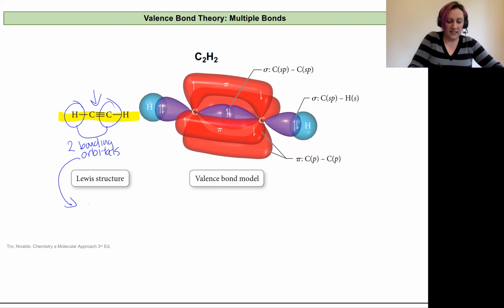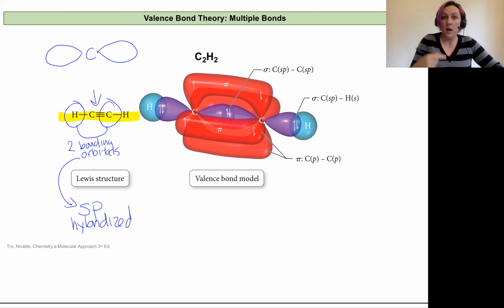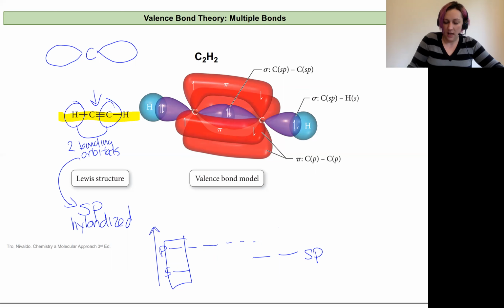So that means I'm going to need it to be sp hybridized. So that sp hybridized carbon is going to have these 2 hybridized orbitals, but remember when we think about our s and our p, if I'm just taking these 2 to create my sp hybridized orbitals, I still have